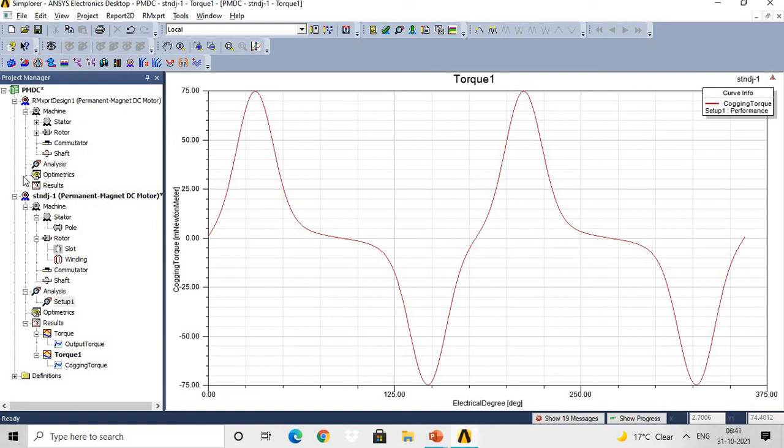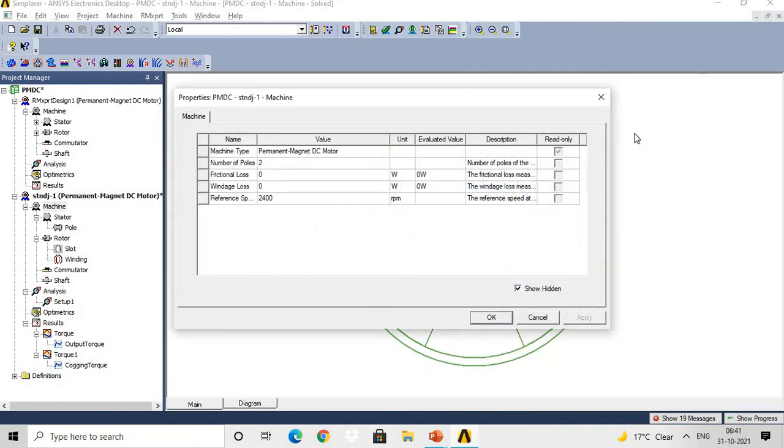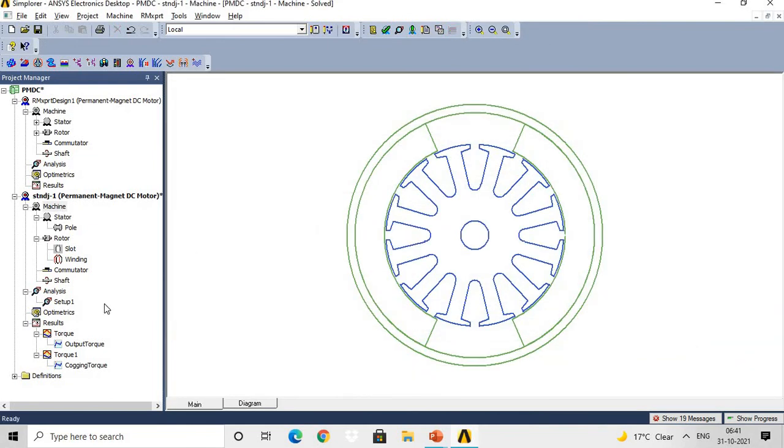Okay, so here for this project, that converter and controller part is by default available. But if anyone wants to work on the converter and controller part, then he needs to work on the Simplorer part of the motor.